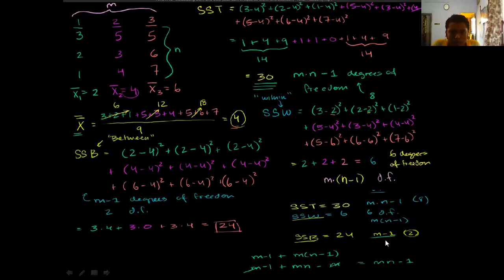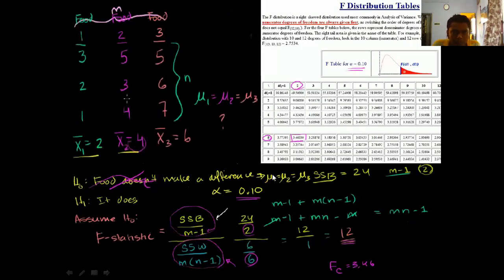And also the formula is the same. For total degrees of freedom, the formula was m into n minus 1. For sum of square between, it is m minus 1, and for sum of square within, the formula is m into, within brackets, n minus 1. So you will get the term mn minus 1, that is the total sum of square. Okay. So now here you'd like to test.